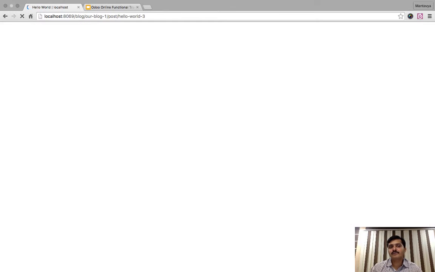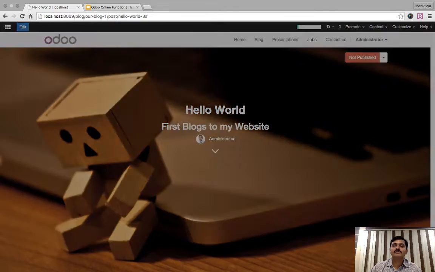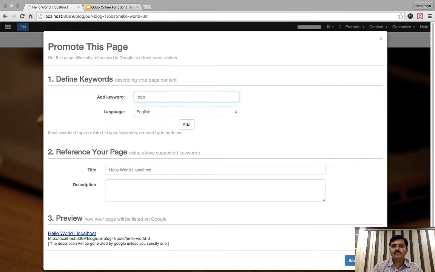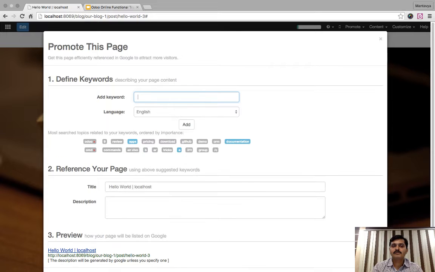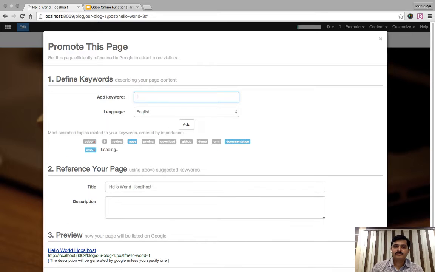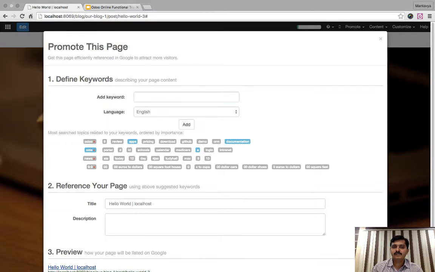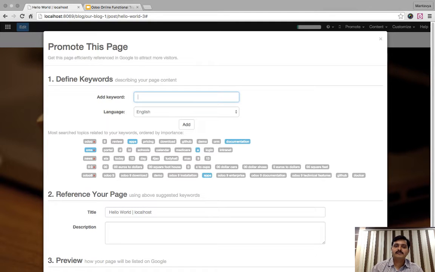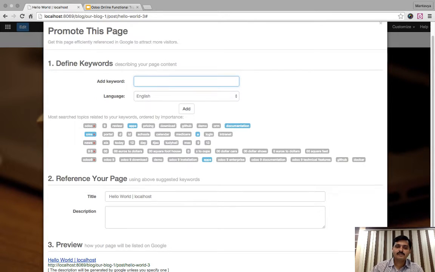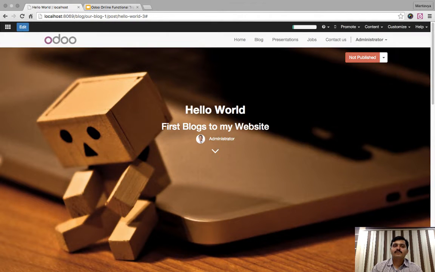And now, in order to promote this post, you say Promote, SEO, say Odoo CMS. Sorry, I wrote CMD, so you can remove that. CMS, news, 9.0 like this, or Odoo 9. So you can put any keyword on this blog post,